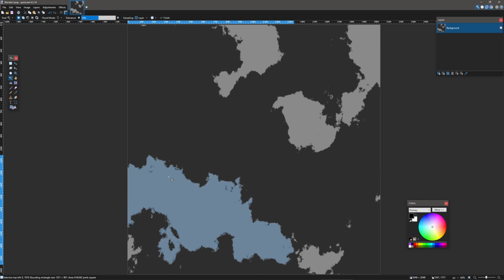It won't select anything that is detached from it or too far, because it's only recognizing the certain area that you selected. But you can also shift click and it will recognize all the other areas, and it will select all other colors similar to it. If it's another color, it won't select it, but if it's like 2 shades off, it will or it might select it. So you might want to be careful with that.